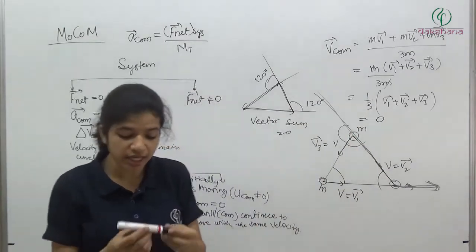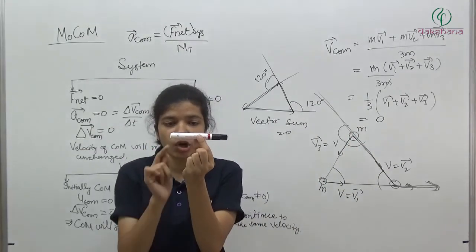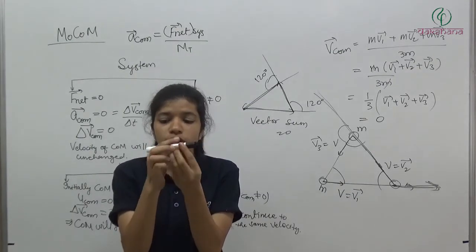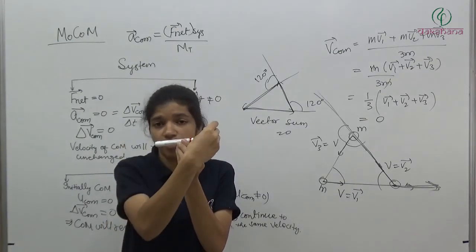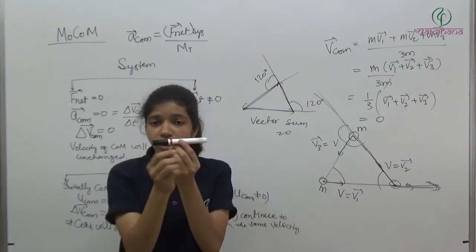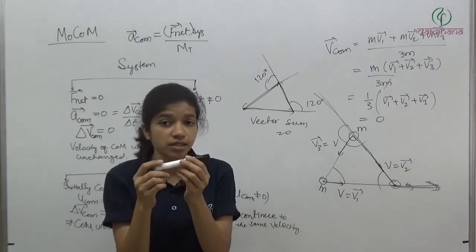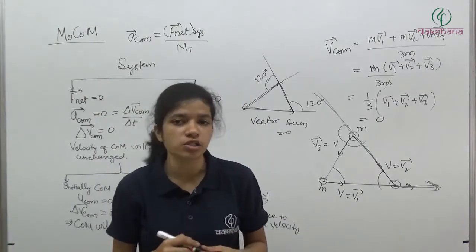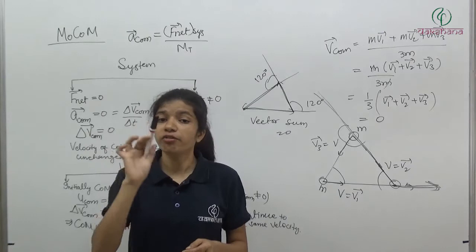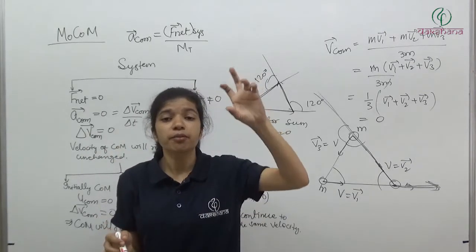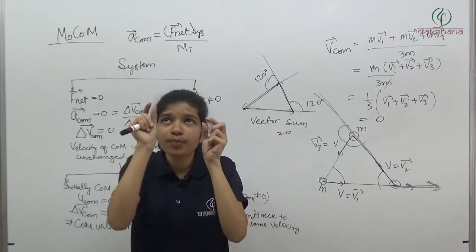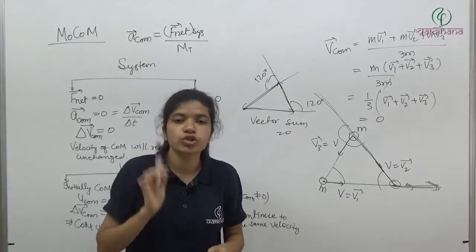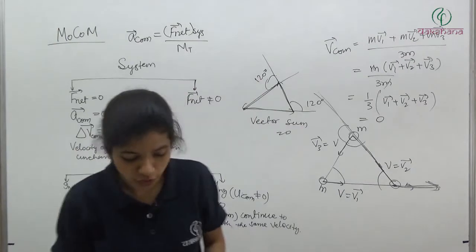Initially we had seen some examples: if I pivot this rod here and rotate this rod like this, and we attach a mass here and a mass here, both the masses are moving, but the center of mass is at rest. Initially we had found the momentum of the system, and the momentum of center of mass was 0. Similarly we had done for a fan. All three blades have some velocity, all the particles attached on the blade have some velocity, but the velocity of center of mass, or the momentum of center of mass, was 0.